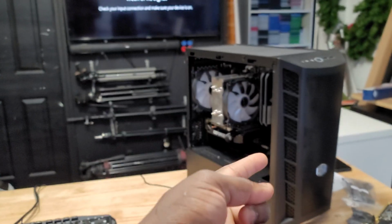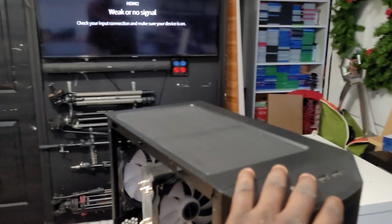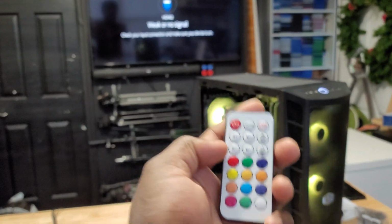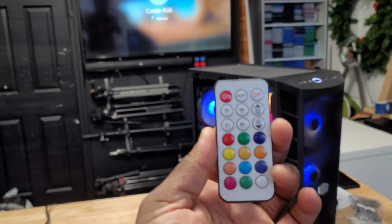Hi, this is the $600 computer, the one I'm swapping out the 574 for the 1660 Super. Now let's go ahead and turn it on. I'm going to show you how the RGB controller works. Of course, you have just the off button. Oh, it's already starting. And then the on button. And you can control, of course, the different modes and different...